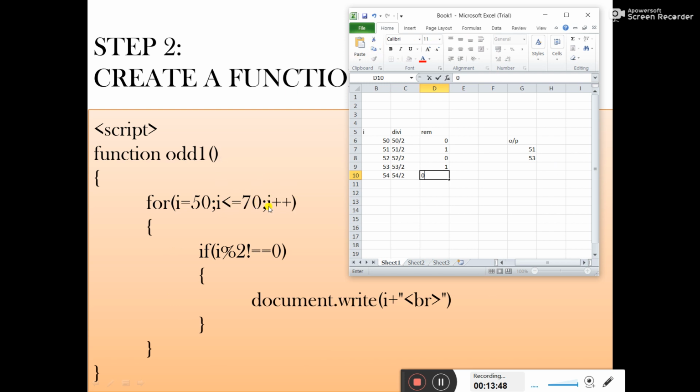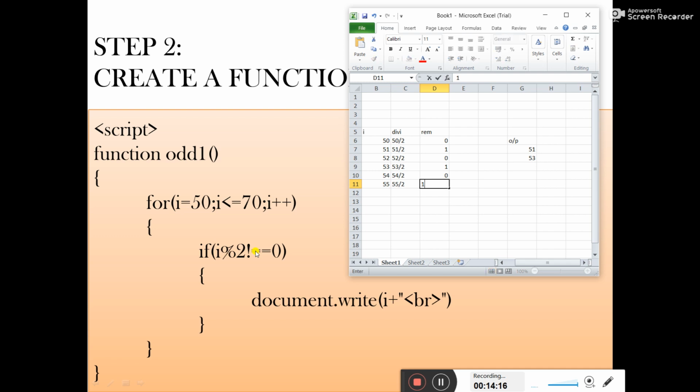It will increment the operator by 1, so the value of I will be 55. Next it will check 55 is less than or equal to 70. The condition is right. It will come inside the for loop and check the if condition that 55 divided by 2, the remainder, is not equal to 0 or not.